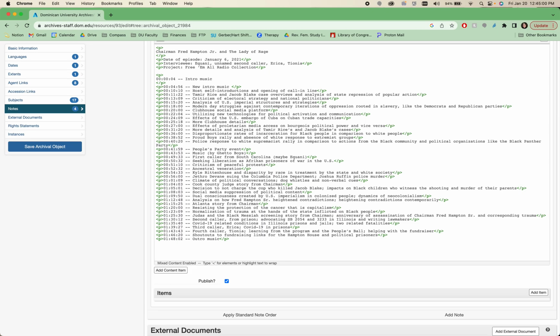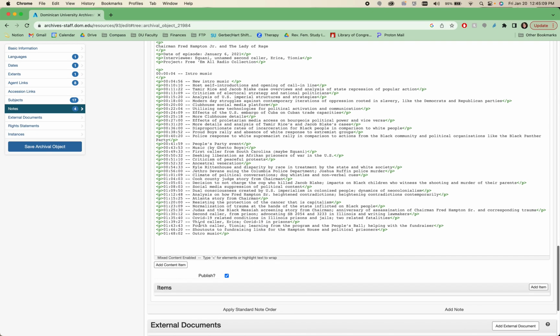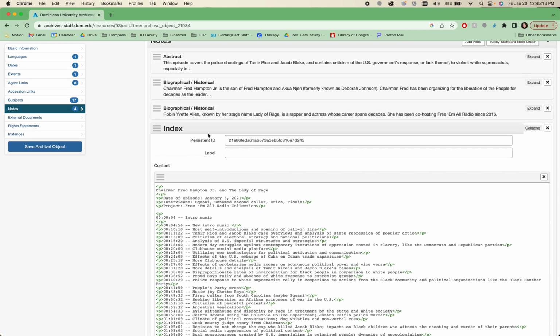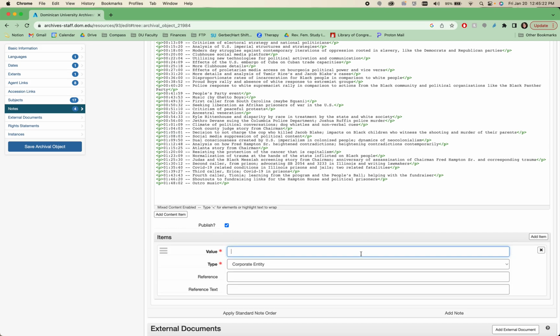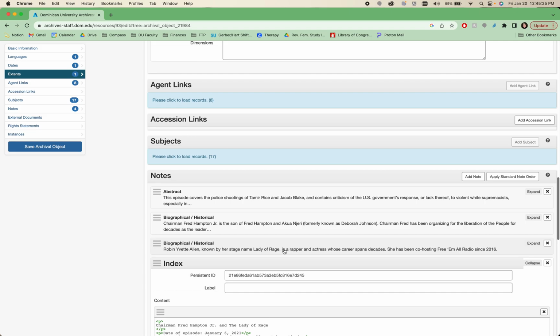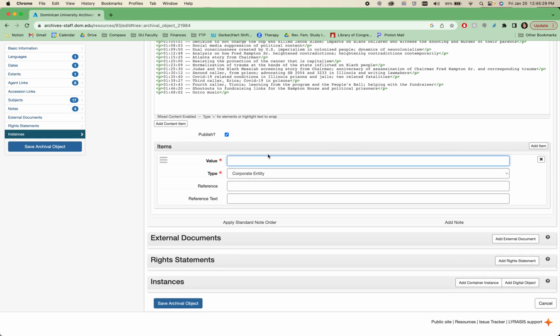I don't know if y'all are old enough to remember MySpace, but this is how the MySpace elements used to be. It would just have plain text, and then you would shape it with HTML code. This is very similar when it comes to notes in particular. You can add an item below here. If you want to give it a, there's the abstract, biographical, historical notes. We can say, for the sake of argument, we'll say transcripts